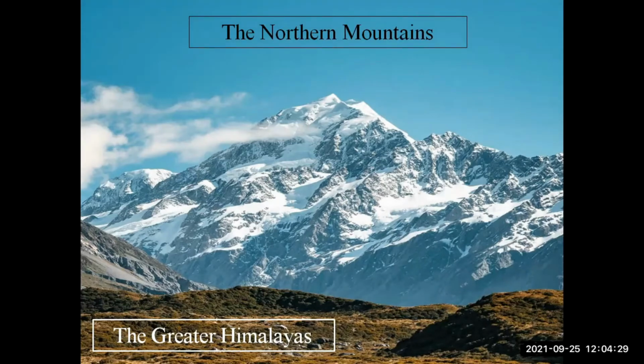And the Greater Himalayas, also called Himadri, are the highest mountains with an average height of about